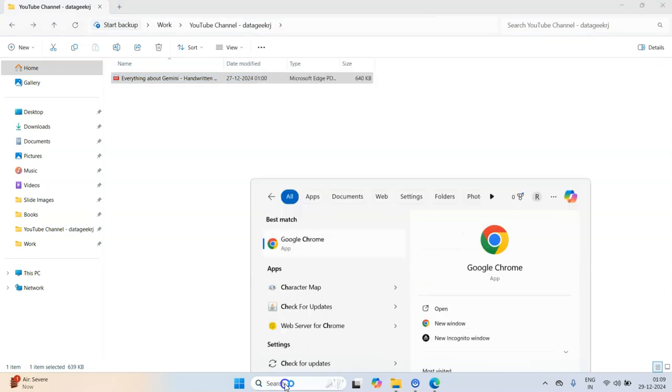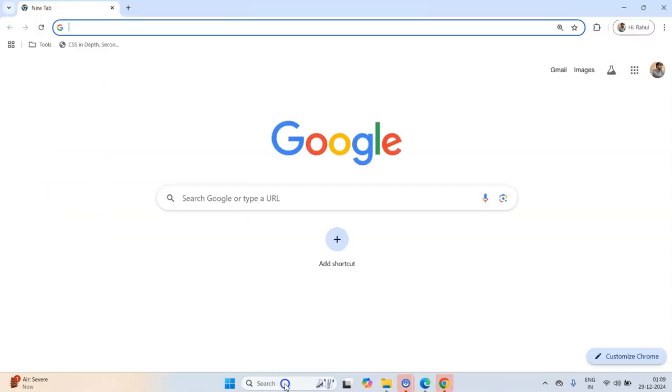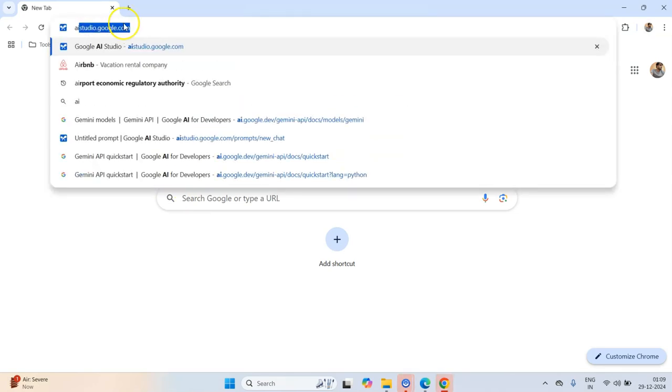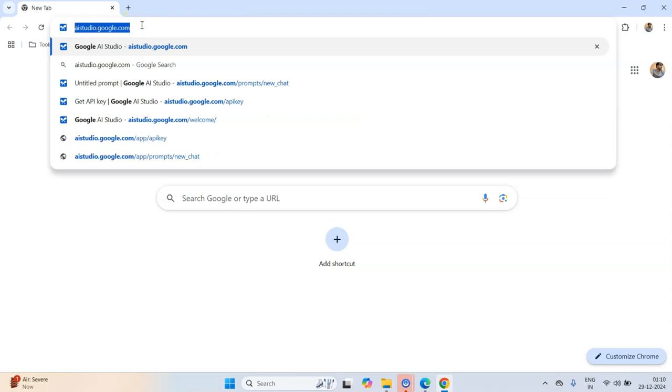Let me open the browser and navigate to this link called AI Studio, aistudio.google.com. So this is the link that you would need to visit.